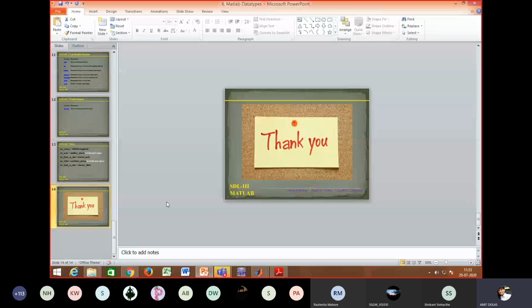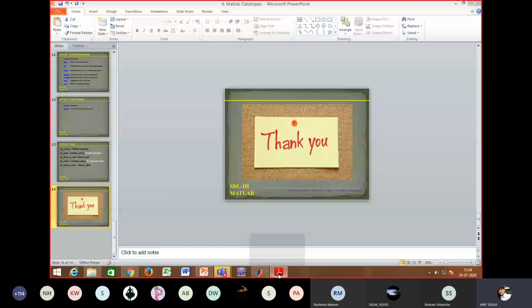This is how we can use functions, and there are 16 data types in MATLAB. We have seen each and every data type with a single example. It is not possible to cover all the program codes during this lecture. It is to be studied by you at your end, because it is huge, as I said.